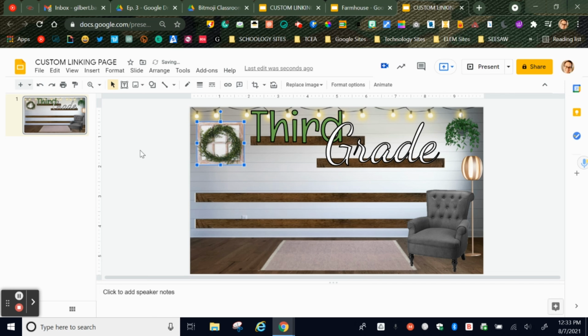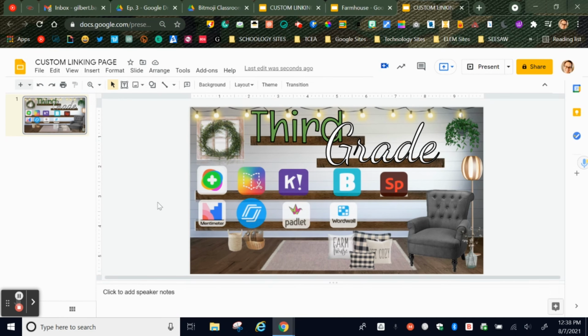All right. So the next thing you're going to do is you need to find buttons. So you want to decide what are some of the apps or outside platforms that your students need to go to, like Book Creator, Padlet, anything within Schoology you can do, like a folder. So those are the things you're going to want to look for. So once you thought of all of the buttons that you need for your students that you want to link to outside platforms like Flipgrid, Book Creator, Kahoot,